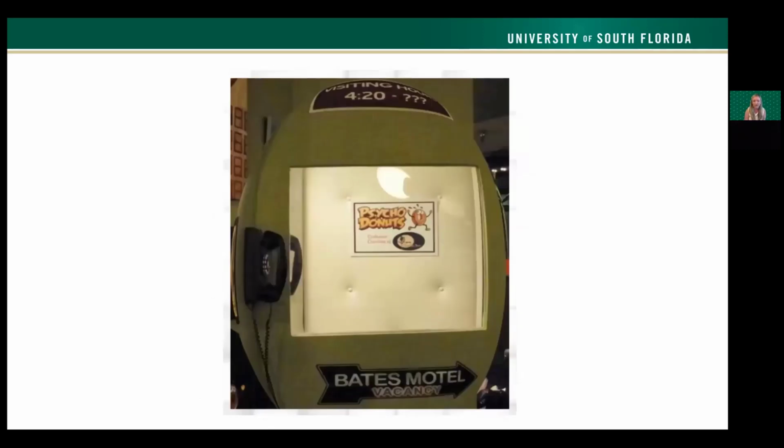Probably the worst part of this for me is this picture of the Psycho Donuts padded cell. A photo op, if you go into these establishments, is to have your picture taken in this. I don't even know where to start here, right? For those of us who have worked in or experienced an inpatient hospitalization, we know that these rooms do exist, and they're there for very extreme circumstances when people are incredibly agitated and need to be kept safe. But the experience of using a padded cell is incredibly traumatic. It's the most restrictive type of intervention that can be delivered. So the fact that this is being used as a photo op, for somebody seeing this who's living with a mental health condition, is another chronic assault on their